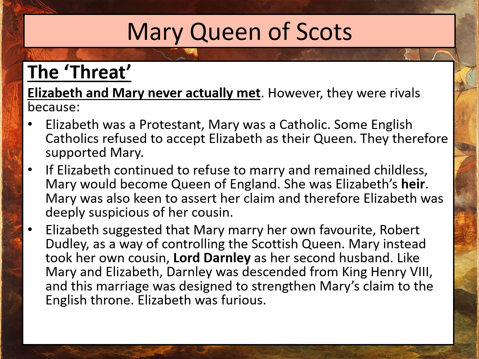So why was Mary Queen of Scots a threat to Elizabeth? Well, they were rivals for a number of reasons. The first one was obviously religion. Elizabeth was a Protestant, and of course that was welcomed by many in England, but certainly not by all, and Mary was a Catholic. Some English Catholics really would have preferred Mary on the throne. That way they could have their religion out in the open, it would be restored to Catholicism again, and they could have their religious freedom in a way they didn't feel they had, even under Elizabeth's friendly religious settlement. So there was that religious rivalry.